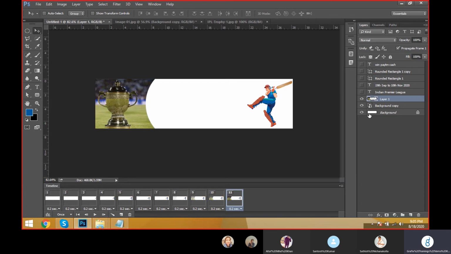Now after that, what should come? The text of the layer. This is the Indian Premier League, the main important one, friends. Okay. Then select the text layer, and this layer won't be visible like this. I'm just keeping it at the top of the document and coming to the next layer. It should become a single step like this.